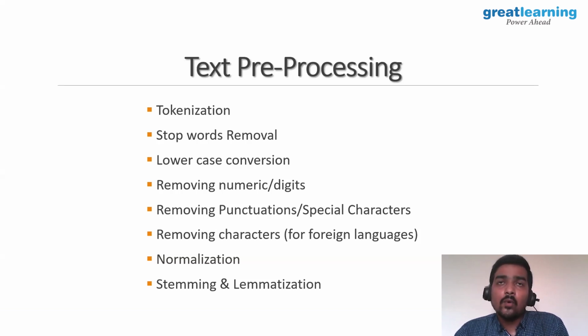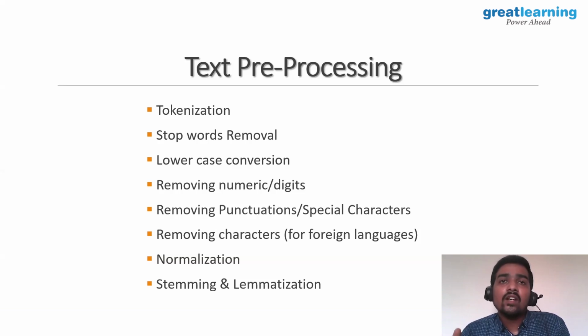So before we train any model, we need to do some pre-processing, because the text which is available all across is very raw in nature. This raw text cannot be fed to the model. Why do we say that? Because the model cannot understand this raw text as is. It should be converted into numerical features, which a model can understand.